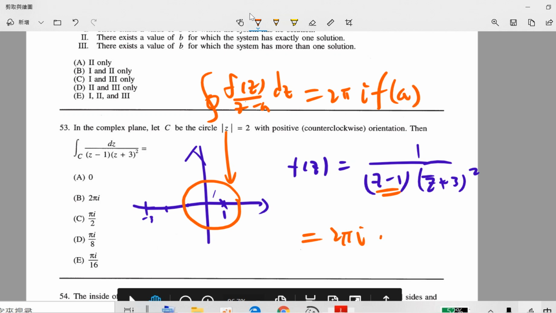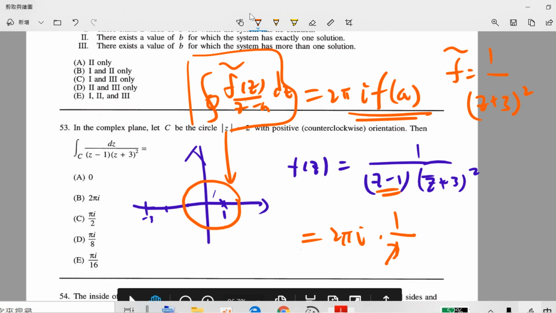So now, I should write f tilde is 1 over (z plus 3) squared. So you see, this is 1 over 4 squared. So it's pi i over 8. Pi over 8. So 53 is the